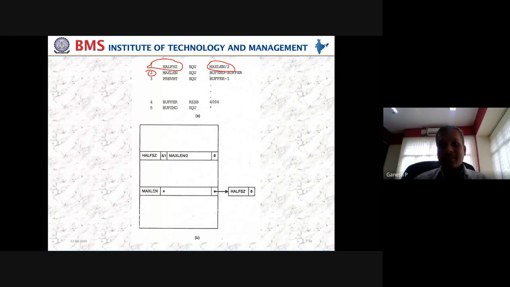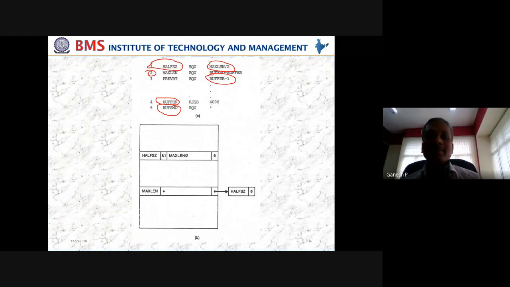Maxlen is defined using buffend and buffer. Where are buffend and buffer? After this, somewhere here, so they are also forward references. Next, the previous byte is also buffer. Where is the buffer? It is later. So maxlen, buffend and buffer are all forward references, and hence we need to deal with them. How many forward references? Offjet, maxlen. Maxlen is not defined and depends on two others. So we have more than 2 layers, 2 levels, and thereby it is a fit case for a multi-pass assembler.